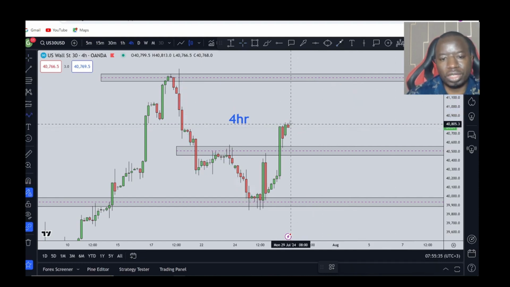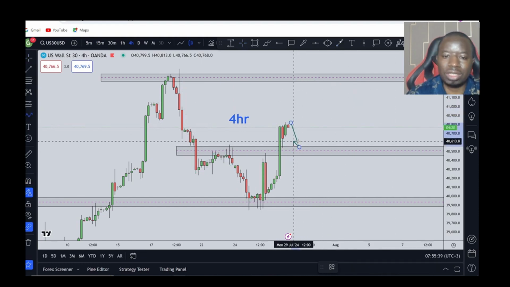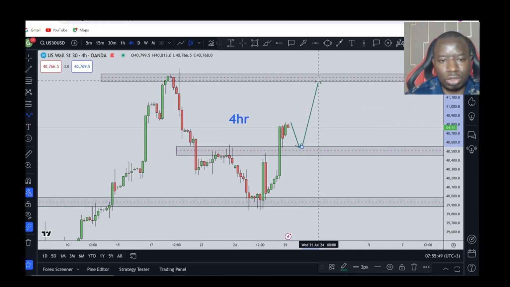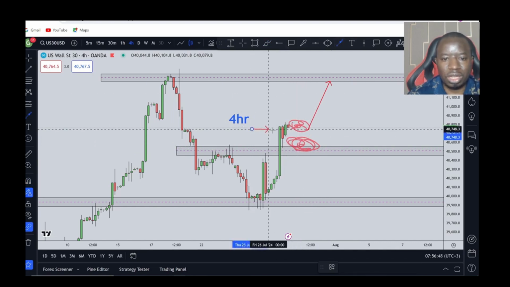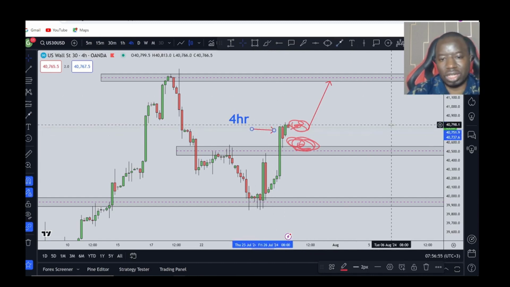However, we could see price first drop to retest this support area once again, and once it's able to hold a second time, then we might see price come to this top of the range. But first we'll see what price does if it gets back down here, or if it is to break free from this minor consolidation that it seems to be in the midst of, whatever kind of reaction it gives to us where it is right now,